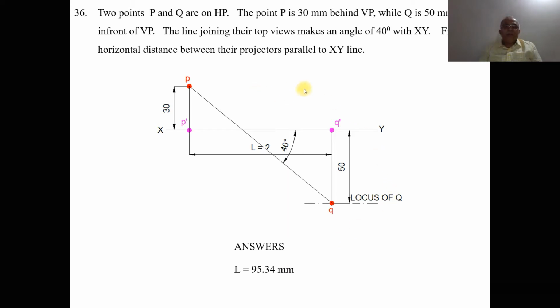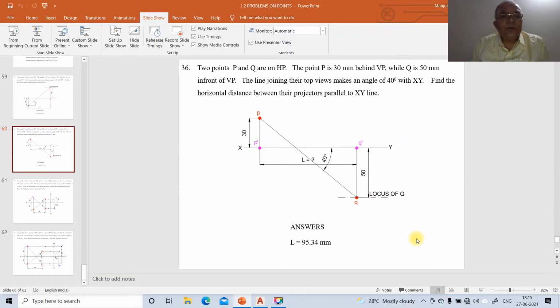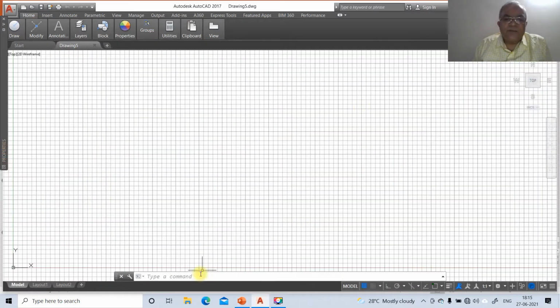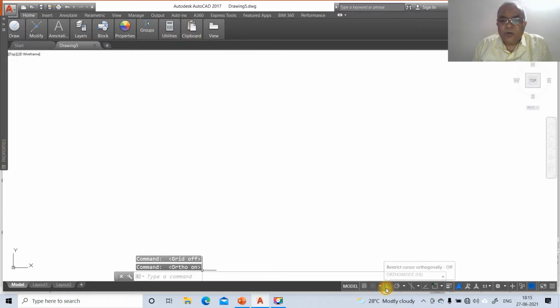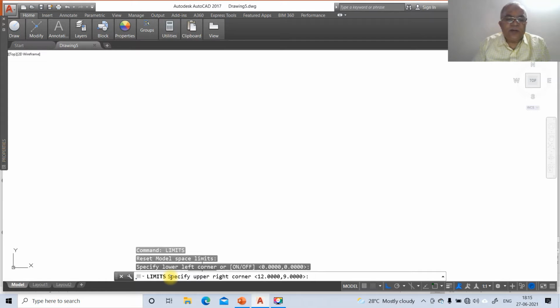Now to do this problem using AutoCAD software, first we go to the AutoCAD screen, switch off the grid mode and switch on the ortho mode. We go for the command limits: lower left corner 0, 0, upper right corner 297, 210, and then zoom all.